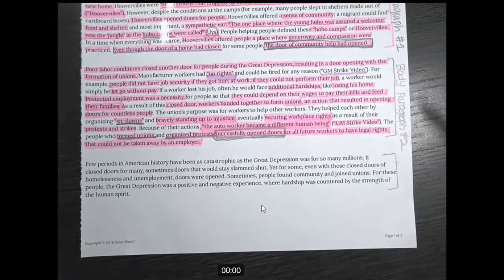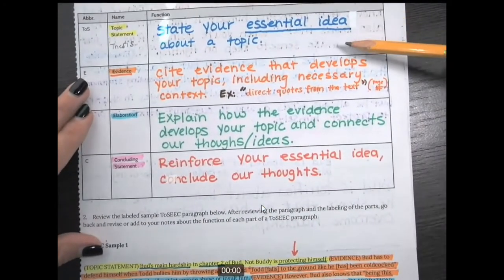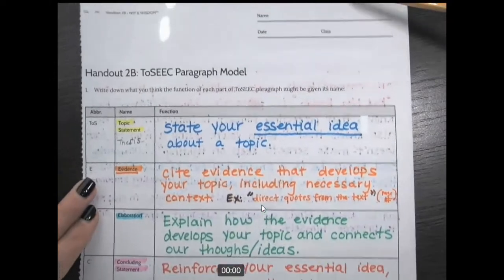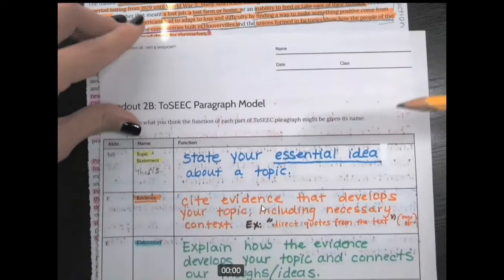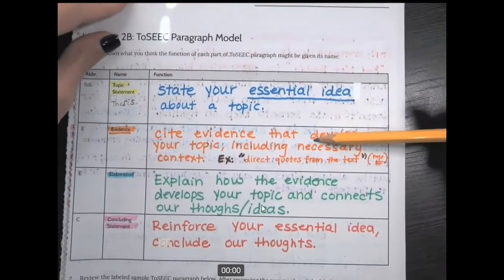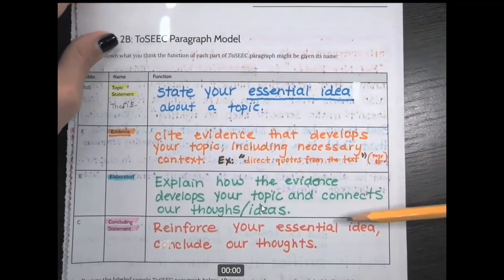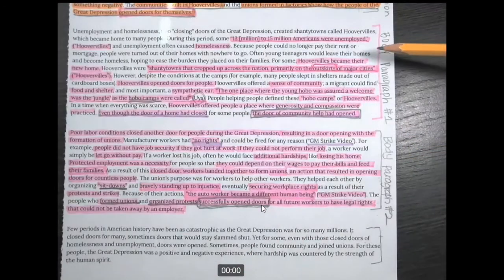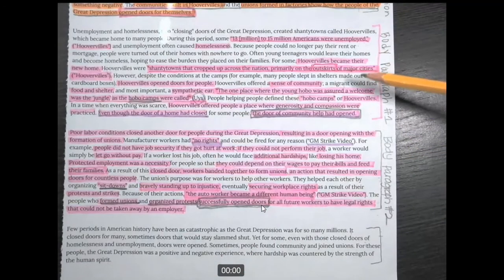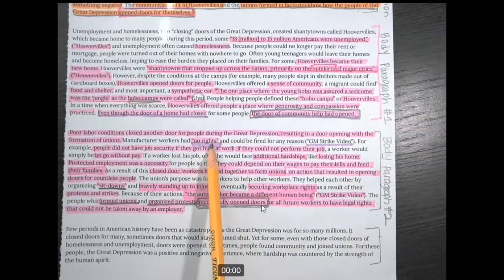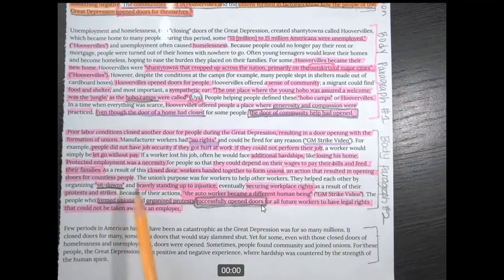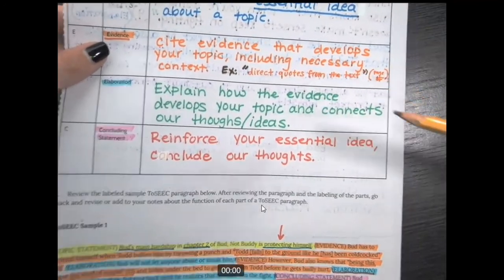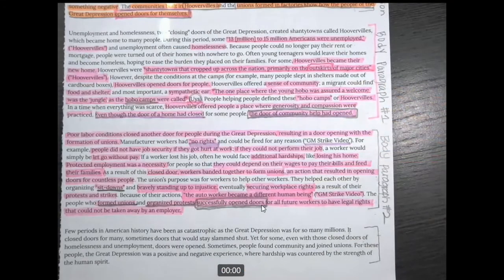Okay, so notice how in our 2-seek model we already stated our main idea at the very beginning in the introduction. Okay, we also cited evidence, we included our citation, we had evidence in both body paragraphs, right? Some evidence was shorter than others, but we still always included our citation, which is really important. And then we also had our elaboration where we explain about the evidence in both body paragraphs, which is extremely